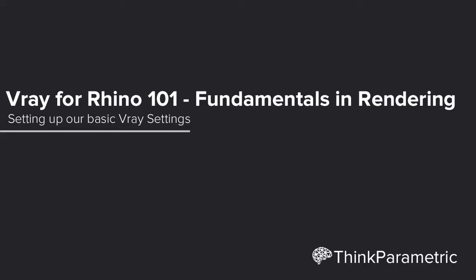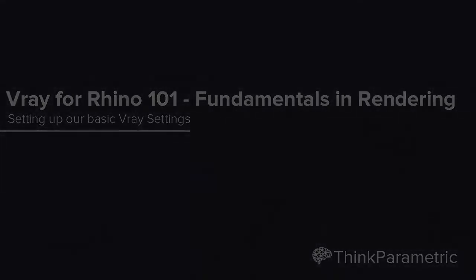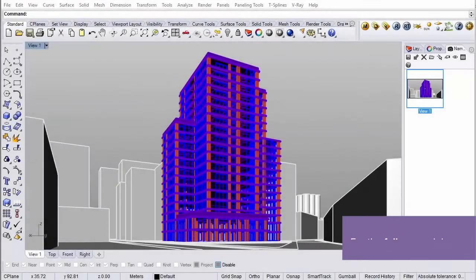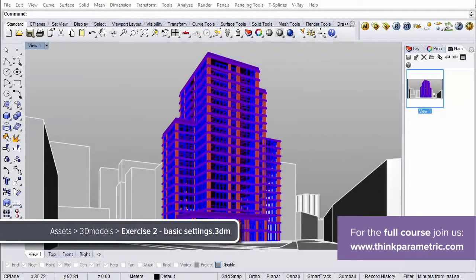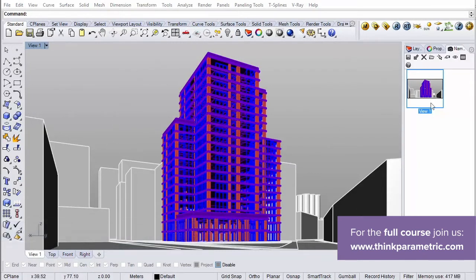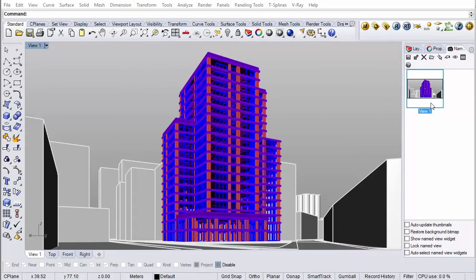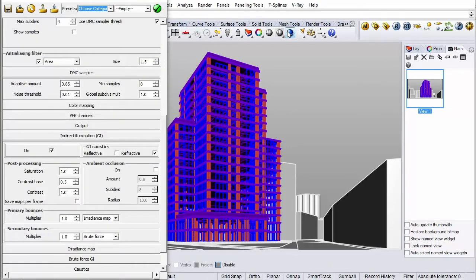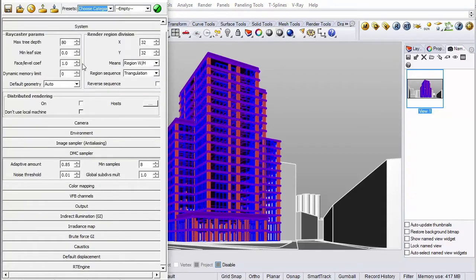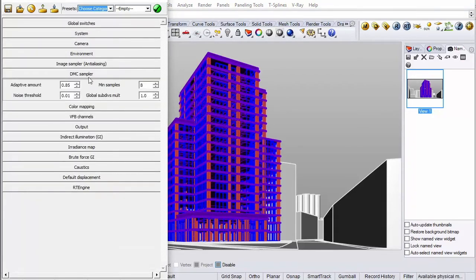Right, so in the last video, we placed an architecturally correct view, saved it to a list of views, and now we're gonna create the basic settings which will allow us to get a good quality render out. So that's gonna be here in options. Now the options, if we just collapse all of the menus, will look a bit like this.